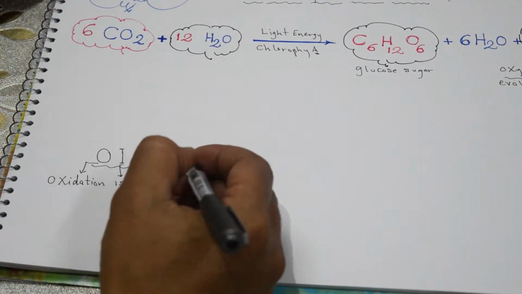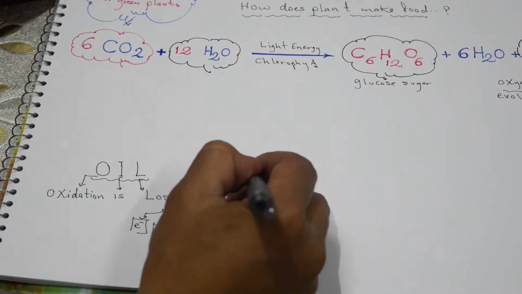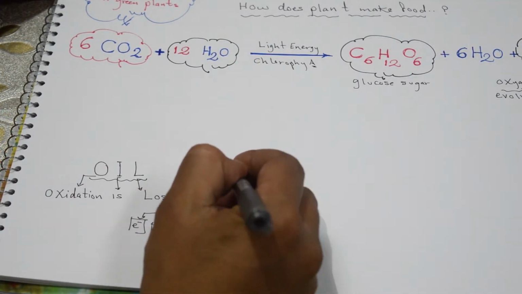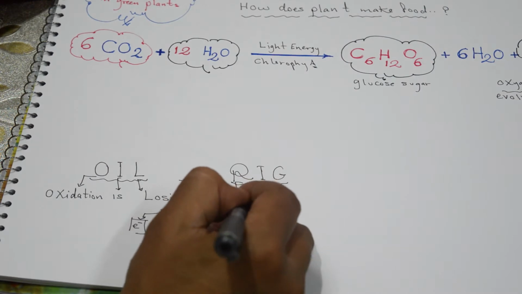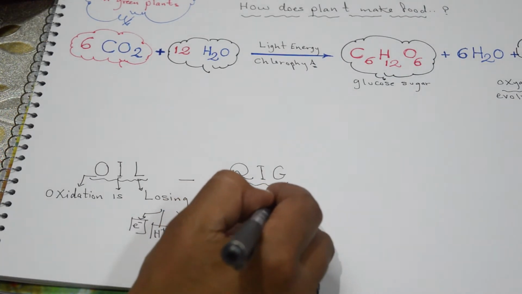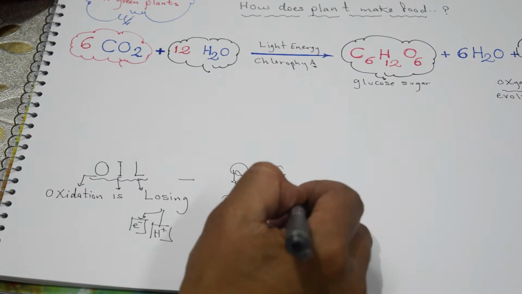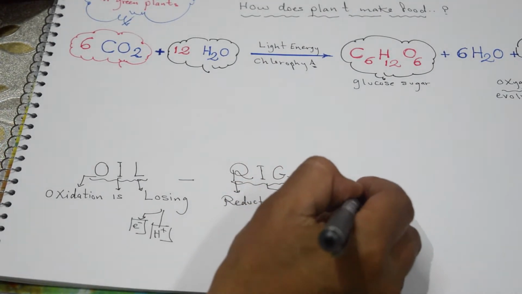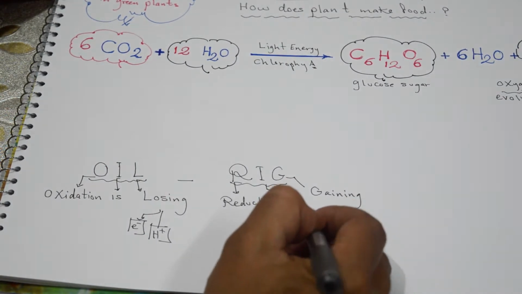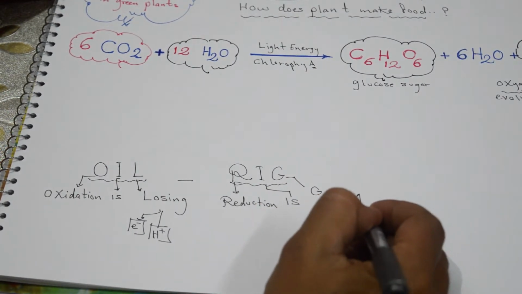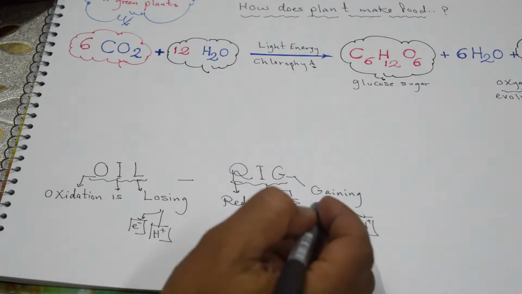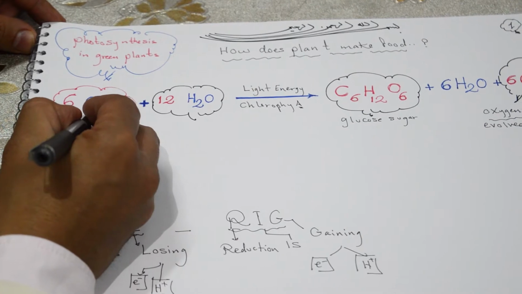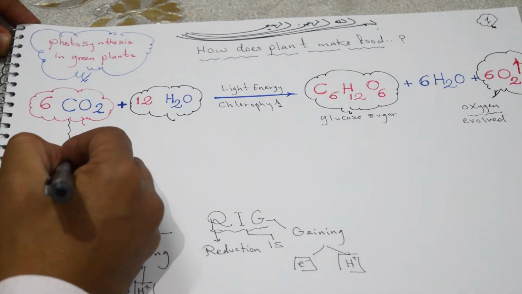At the same time, reduction occurs. Reduction is gaining. RIG: R means reduction, I means is, and G means gaining. Gaining what? Gaining electrons and hydrogen protons. Returning back to our equation, carbon dioxide in that reaction is changing into